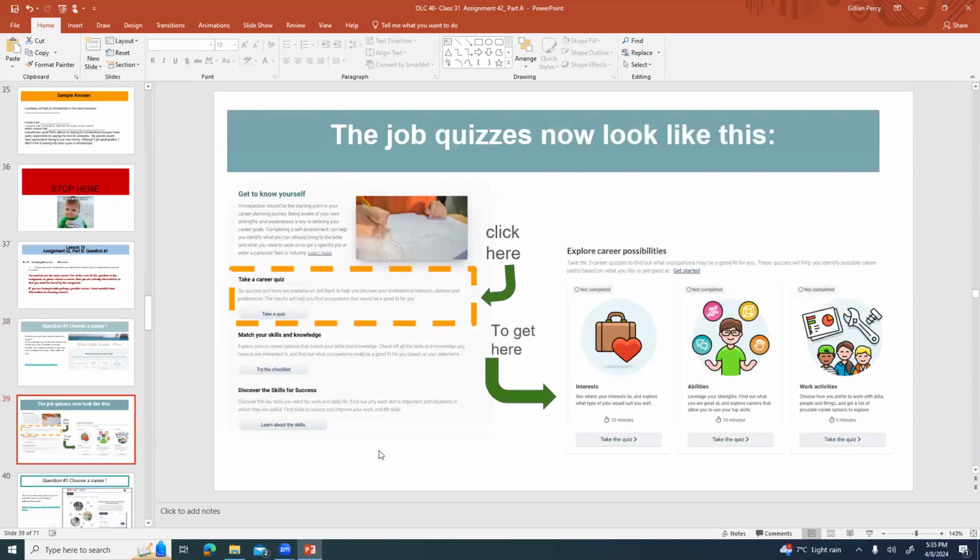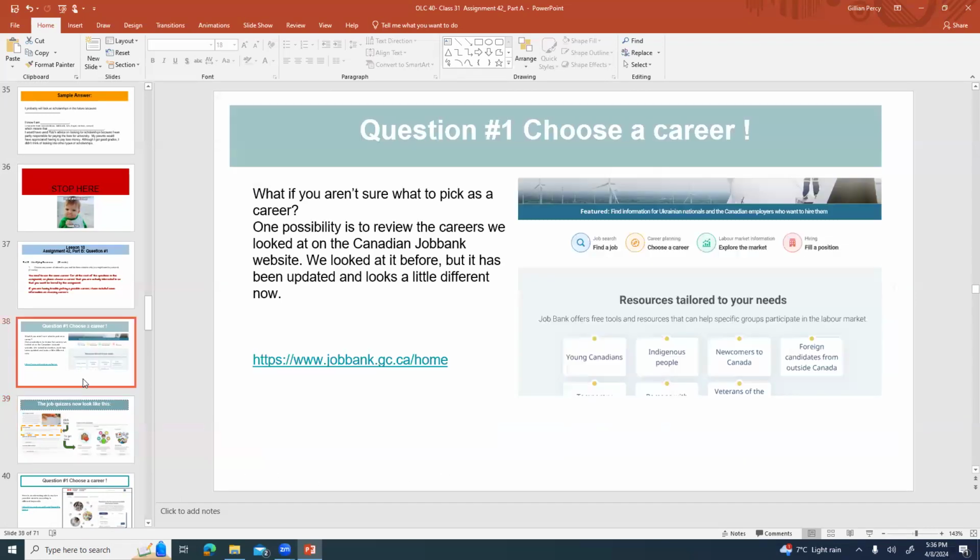you get this pops up. And then if you click on to take a career quiz, this stuff pops up, which hopefully you remember from earlier in the year. And when you do these little quizzes, usually at the bottom, there's a little spot that'll say something like what different types of careers might work for that. Let me go in there and see if I can show you what I mean. Like I said, because they've changed things a little bit. Hang on a sec. I always find it a little bit tricky getting into things from PowerPoint.